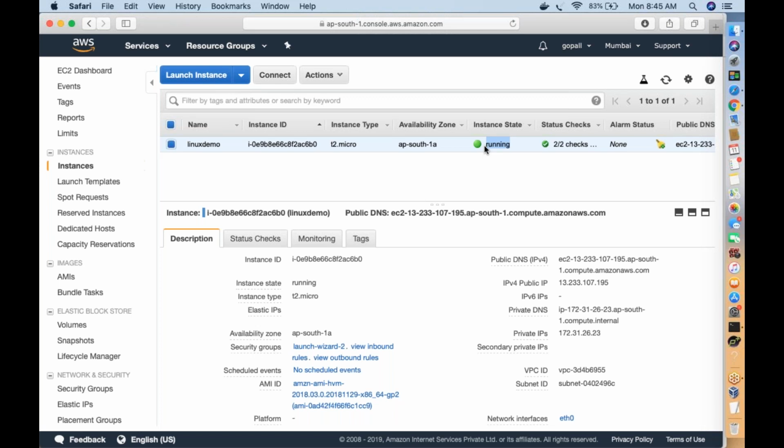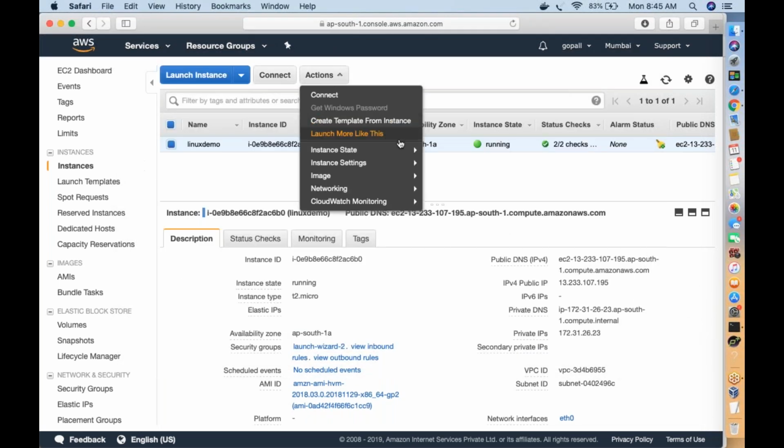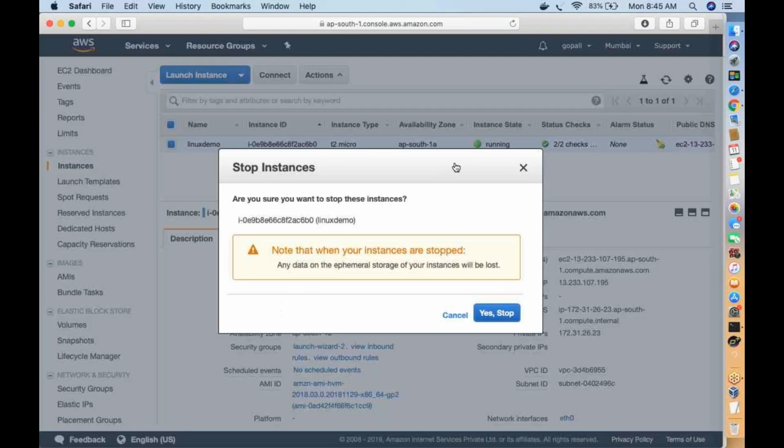Remember, these are test servers. If you shut down your server, your public IP will get changed. See my screen. Now I am done with my job on the Linux server, and I don't require it today, so I am going to stop the server.